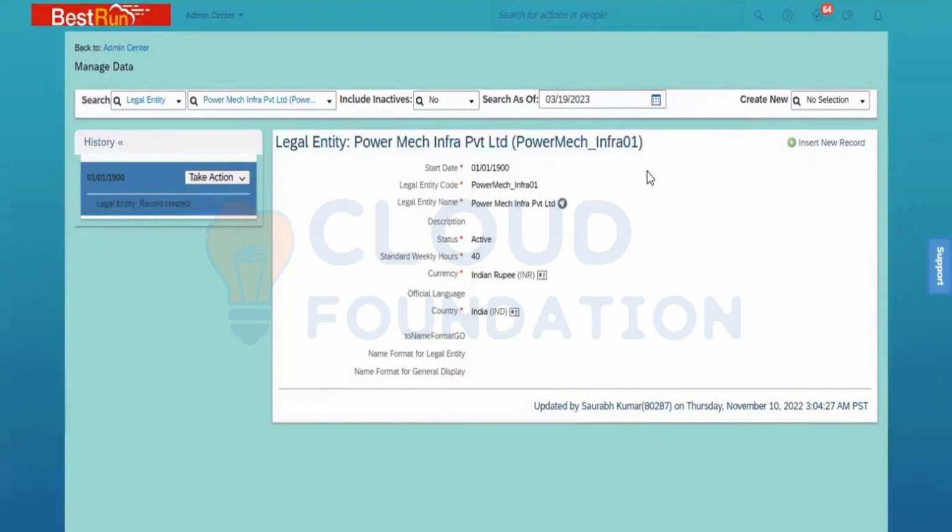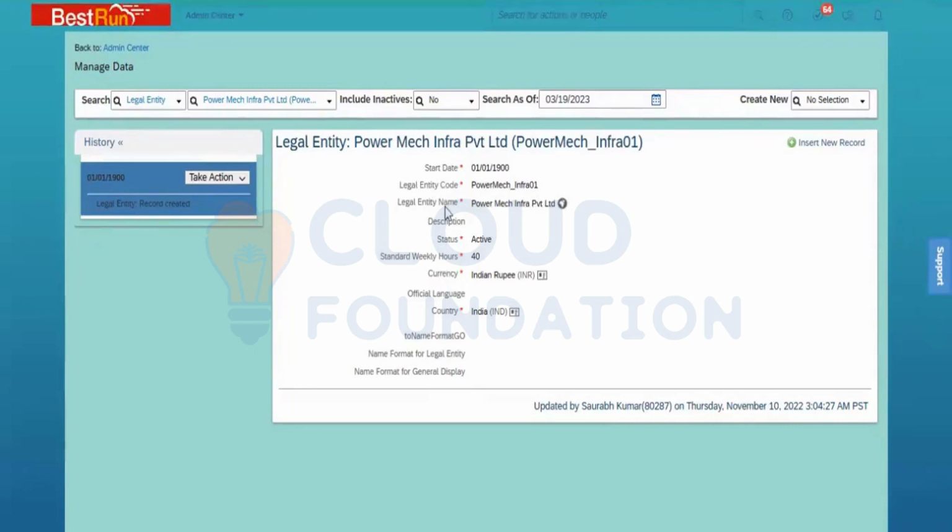Under this legal entity, you can see these are the standard fields. What are the fields? Start date, we have a code, a name, description, status, standard weekly hours, currency, official language, country. All these are the standard fields.